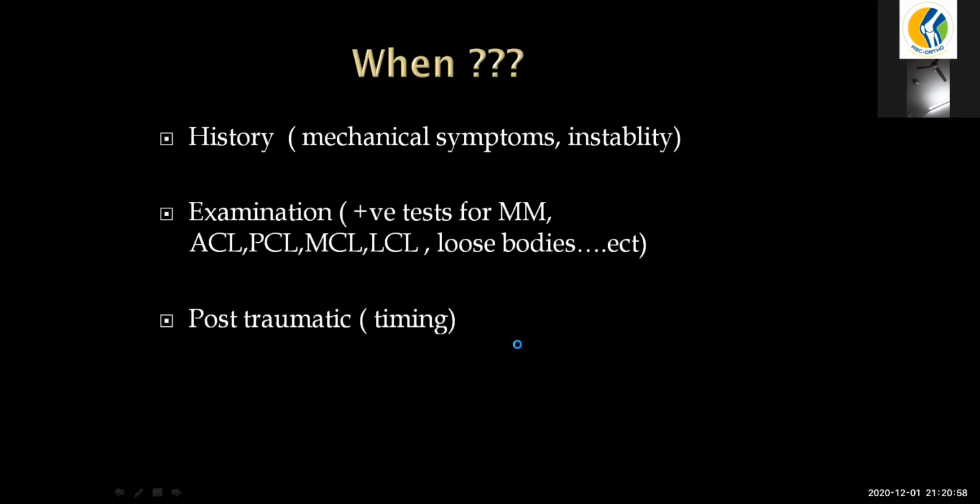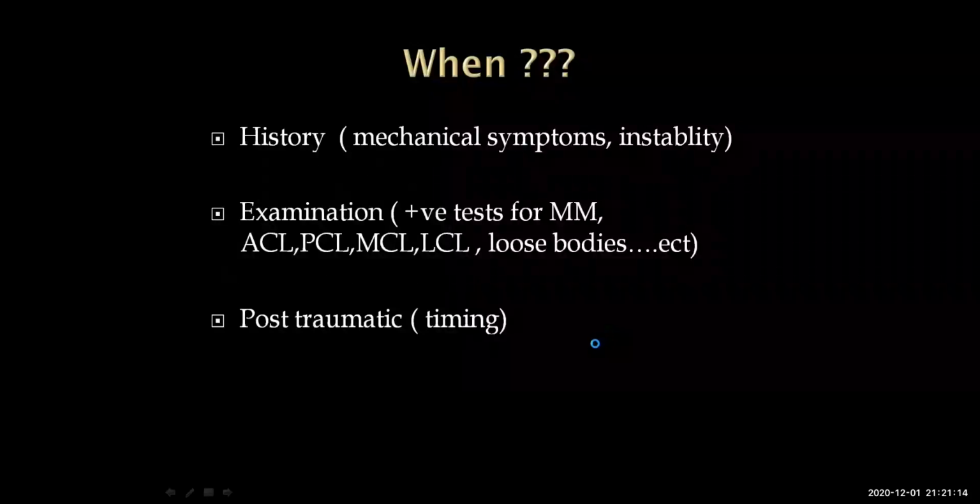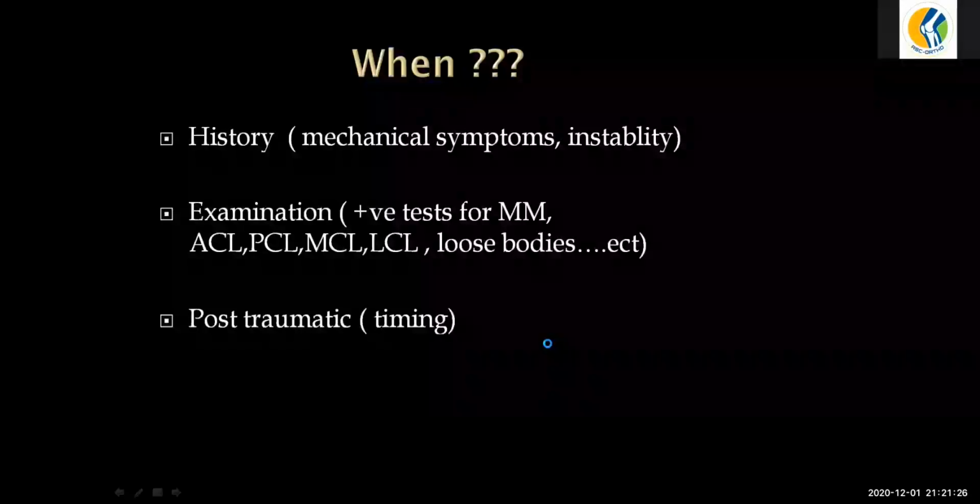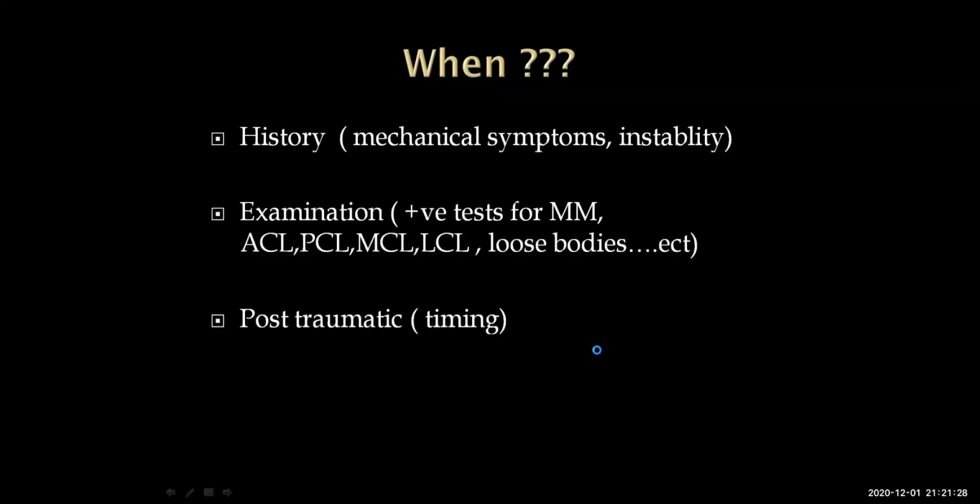The next thing: when you join your history with your clinical suspicion and examination skills, and you find some positive tests for the structures inside the knee, whether extracapsular or intracapsular, then you can put at the back of your mind that it's another indication for requesting an MRI. Then if you have a post-traumatic case which is extremely painful on examination, where it's really difficult to elicit a single sign,